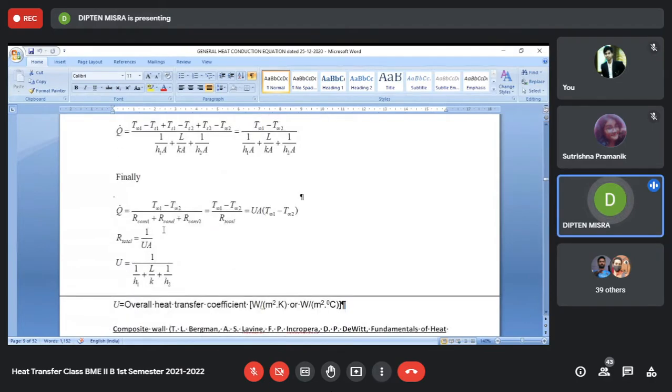And that is what I said, that the overall temperature drop is divided by R convective 1 plus R conductive plus R convective 2, and the summation of these three we call the total resistance, so Q dot equals the overall temperature drop divided by the total resistance. Now we can write this as also equal to 1 upon resistance, which is nothing but a conductance. So U into A, we can introduce a factor where A is the surface area and U is the overall heat transfer coefficient. U is called the overall heat transfer coefficient.